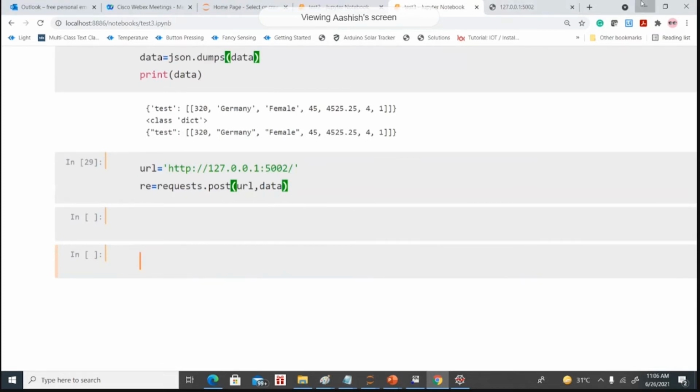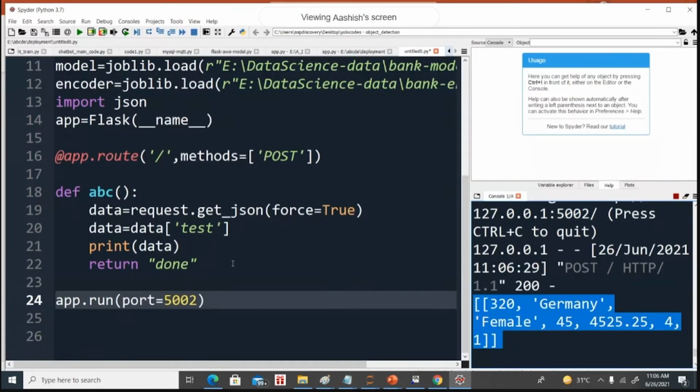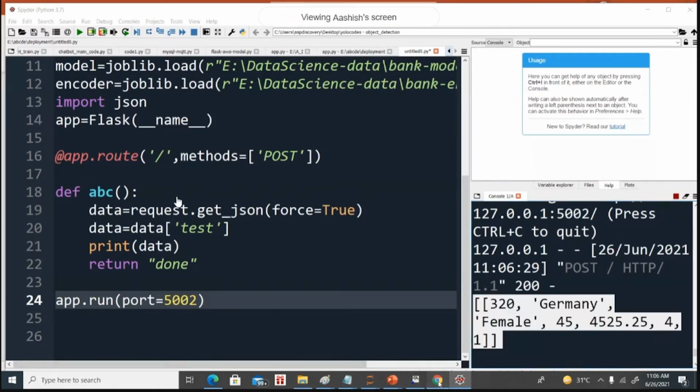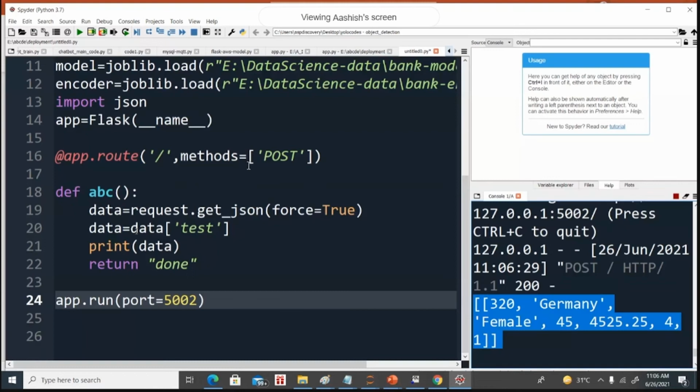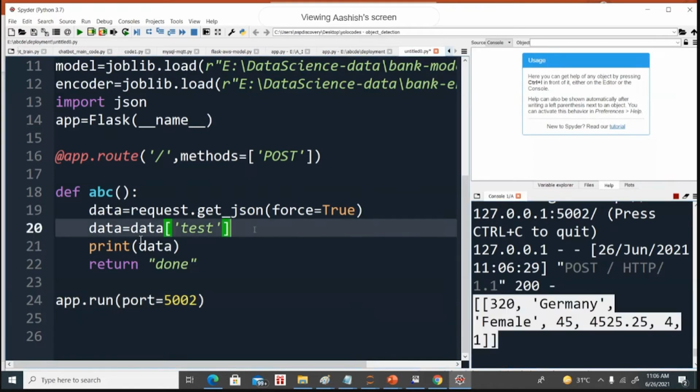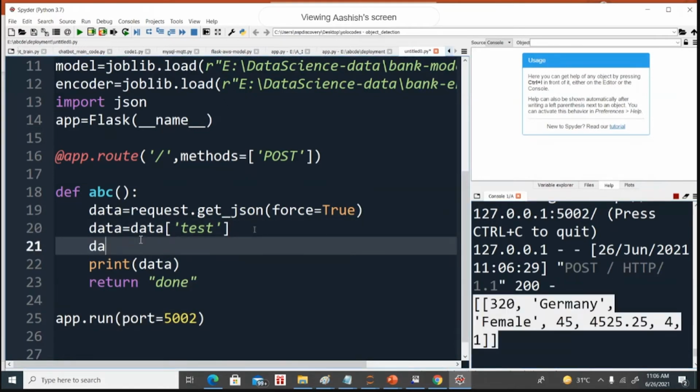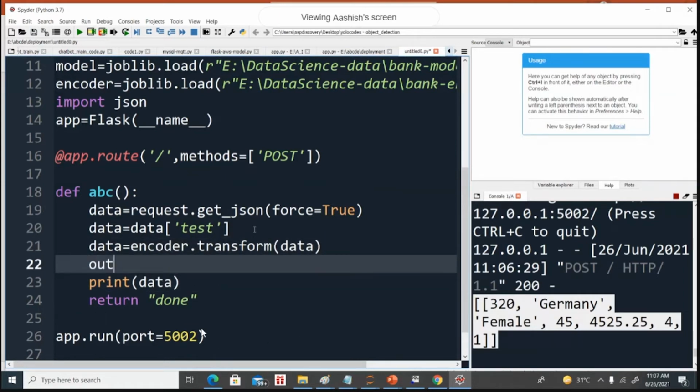So all of you can see, this particular server is running again at this address. Now you can run this program, and if you go here, the server has this particular data. We are getting a list of data here. We are taking a key as a particular test, and that's why we are performing slicing here. We'll get a list of the values, containing all the feature values.